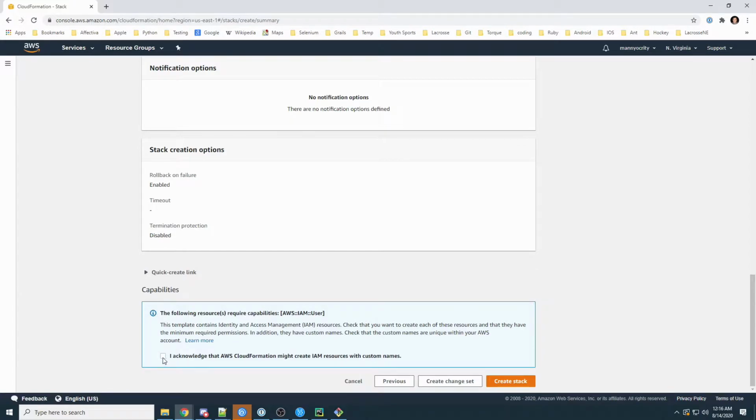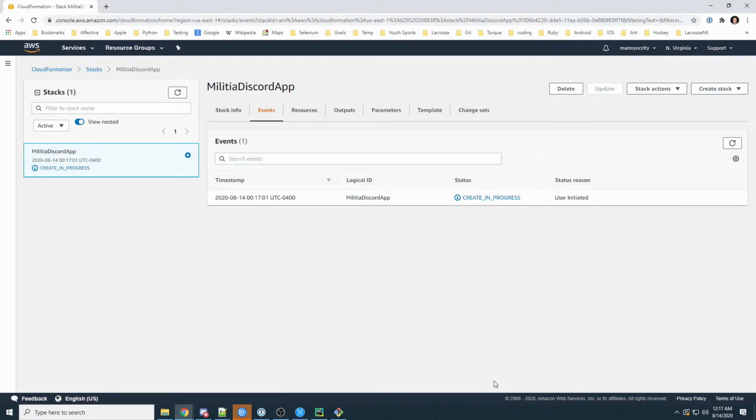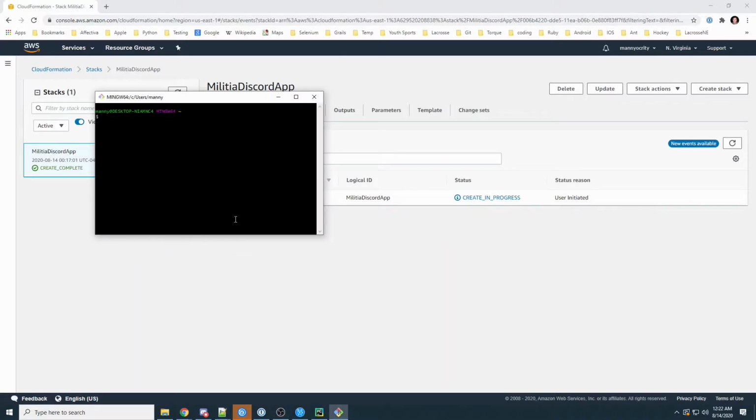It's acknowledging that I'm letting CloudFormation create IAM credentials, which are identity and access management. I'm going to let it do it. I say yes and create the stack. Now, this is going to take a little while, so we'll come back to it when it's done. While CloudFormation is running, we're going to open up our Git Bash program again, and we're going to actually generate